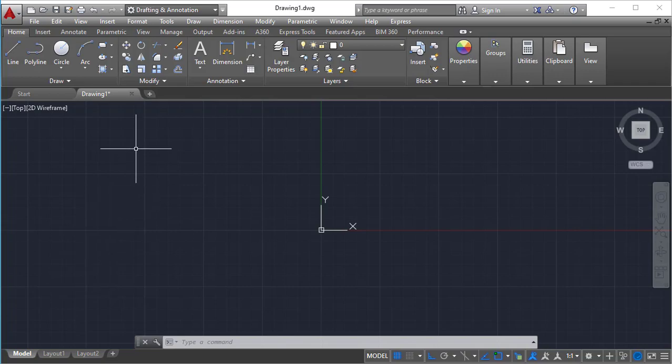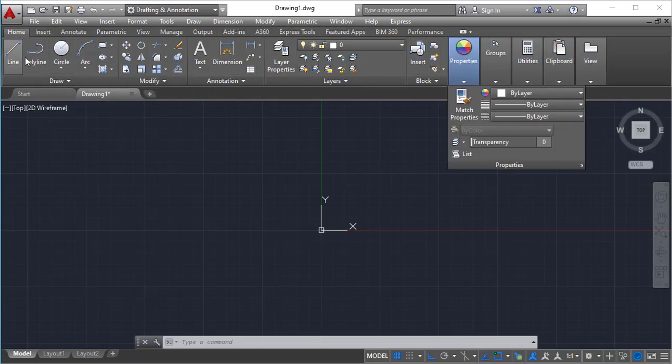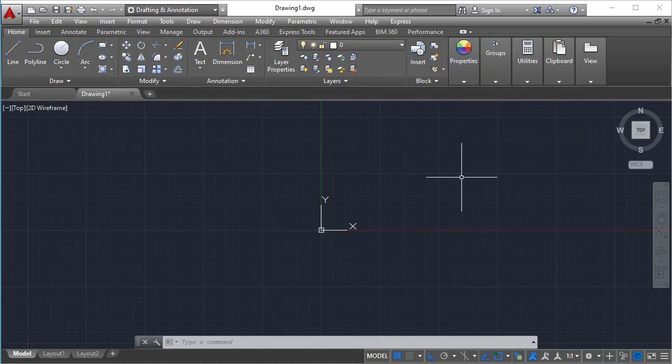Here you can find some drawing commands like a line, polyline, circle, and some commands are showing on this area, and there is a graph paper kind of look showing here. So let's walk around step by step. In AutoCAD we can do both 2D and 3D modelings. For 2D we need to use this module, drafting and annotation. For 3D we will use this one.